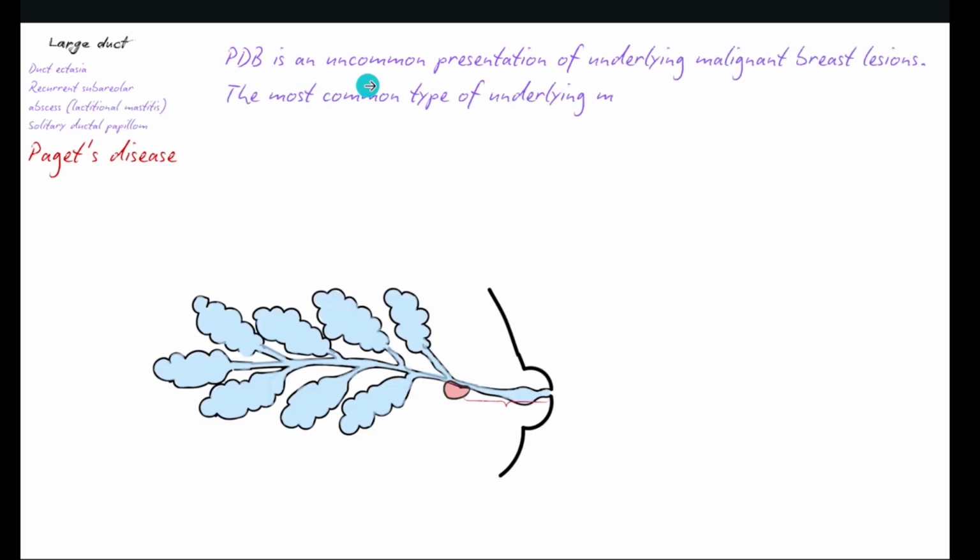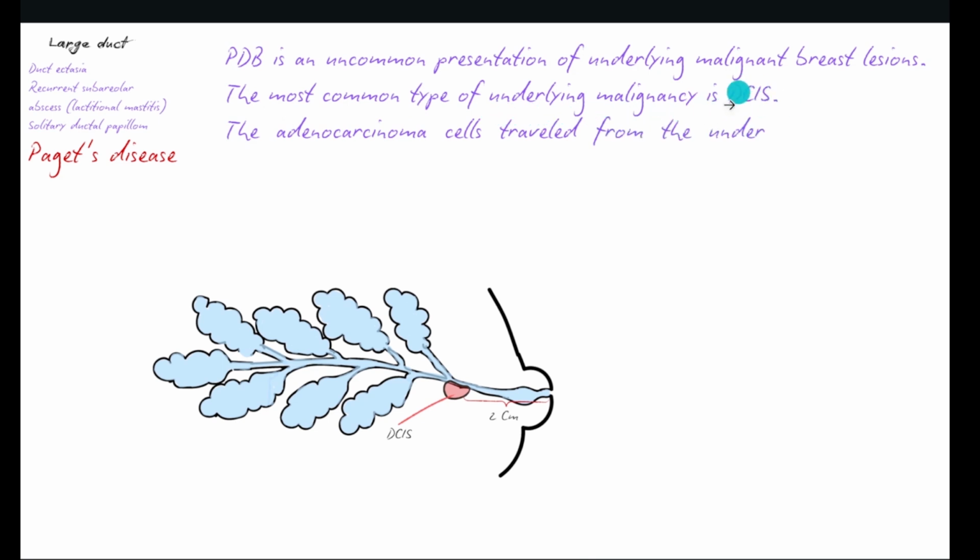Paget disease of the breast is an uncommon presentation of underlying malignant breast lesions. The most common type of underlying malignancy is DCIS. The adenocarcinoma cells travel from the underlying ducts to the nipple, and it goes from here. This is the DCIS. Usually it is 2 centimeters away from the nipple, and the cells will go through the large ducts, and it will invade the